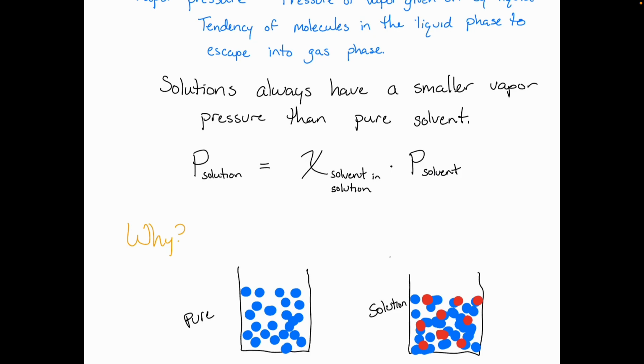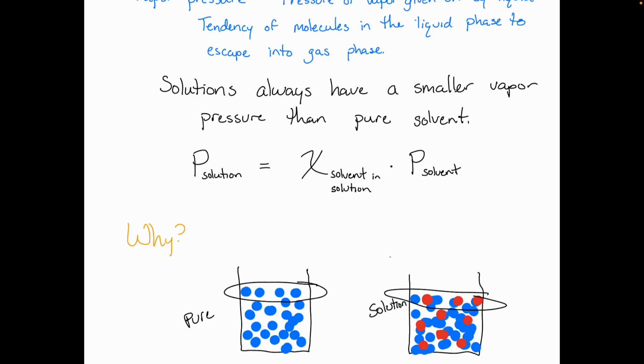All right, so my pure substance is obviously just pure solvent. When I make a solution, now I have these solute particles that are dissolved there. The key here is what's happening at the very surface. Your vapor pressure is where your liquid phase is escaping into the gas phase. If you have fewer particles on the surface, a smaller fraction of them are going to escape into the gas phase. So it's really just a fact that you have space occupied by those solute particles at